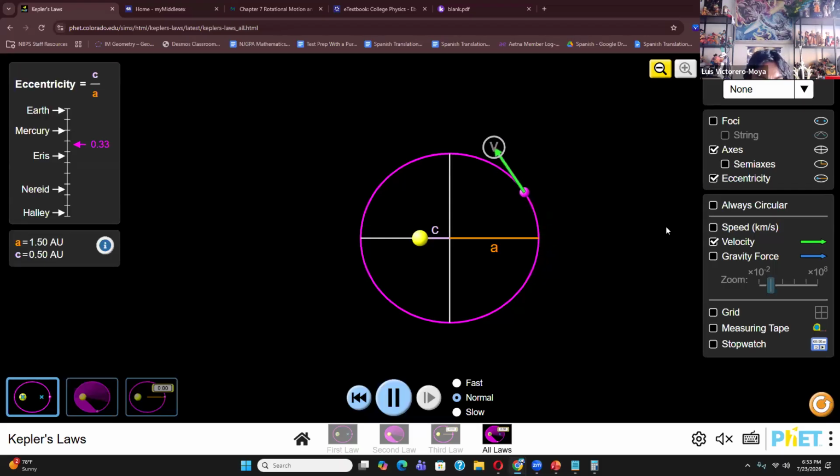You see, we characterize the orbits of planets by measuring the eccentricity. The eccentricity is a ratio between C and A, C divided by A. A is the semi-major axis of the ellipse. C is the focal distance, the focal to the center. That's C. So that value for this particular planet is about 0.33. For planets like the Earth or Venus, it's actually very close to 1. So that's why we can assume that